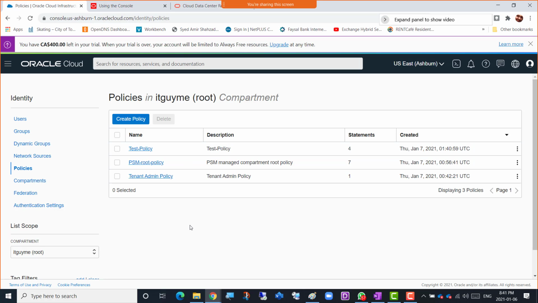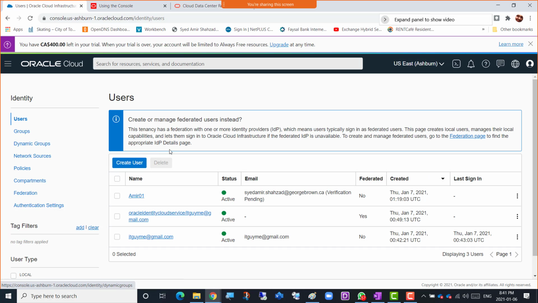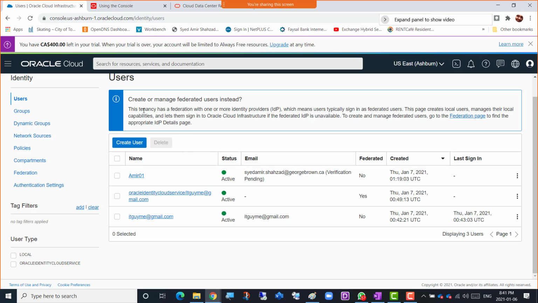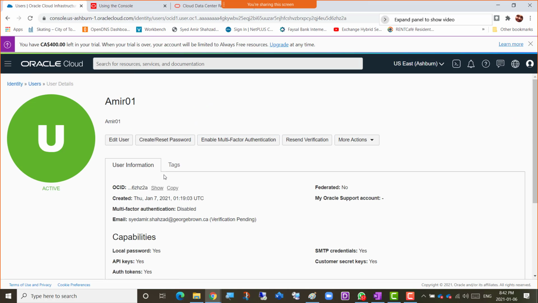We did go for user management, right? And we did select that, okay, this is the compartment which we want to manage with. If I go back to the users, there's federated users here as well, and it depends on the identity providers. Again, if it's the Google users you want added here, or the Azure users you want added here, so whichever. And if I just create that user, it shows green active there as well. If I go inside,